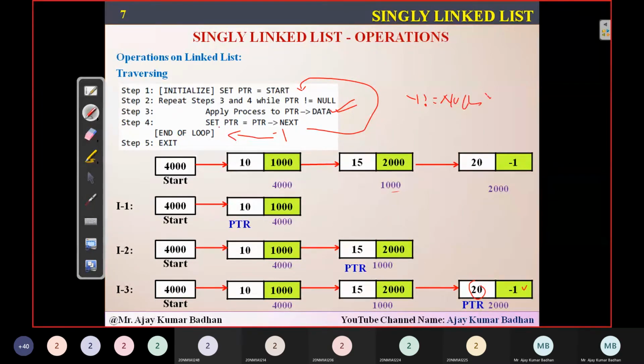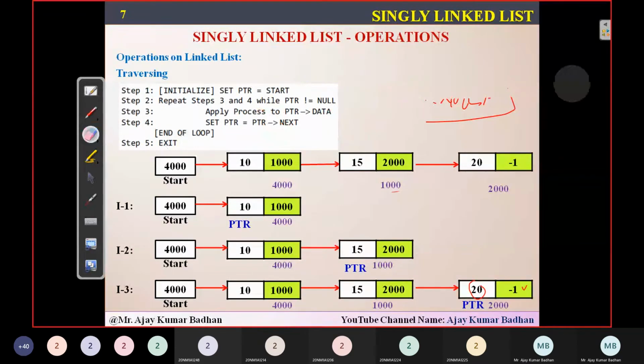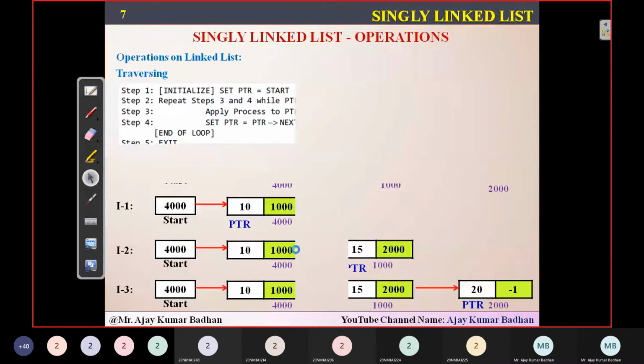So this is how we can represent it in this particular scenario. I hope you are able to understand this and able to perform it. Very easy. The code is very, very easy. Now I want to write an algorithm for determining how many nodes there are. For example, in the previous one, I had 3 nodes. So how can I write it?